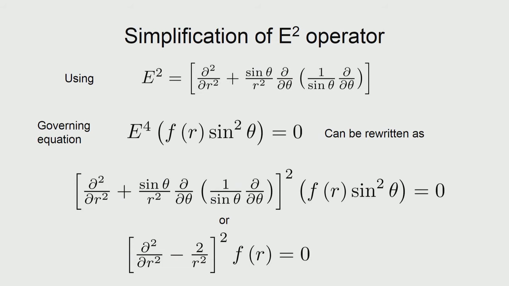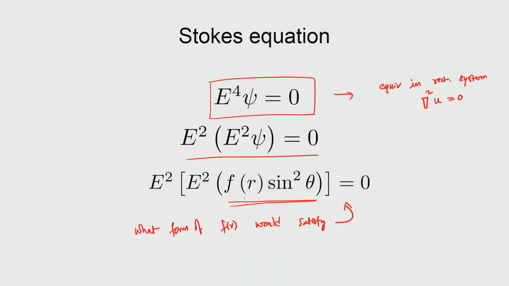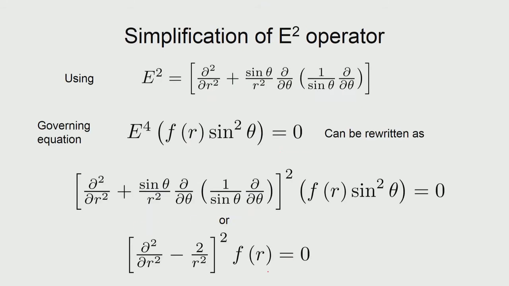Okay. So, what we do is that we now go ahead and substitute the form that we have and see if we can simplify. The reason being that the form we have chosen is already separated in terms of the variables. So, f of r and sine square theta are separate. So, therefore, we could actually see if some simplification is possible. So, what we do is that we substitute and act the operator on this function,